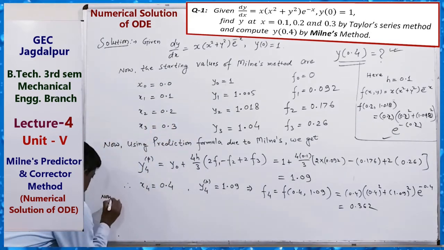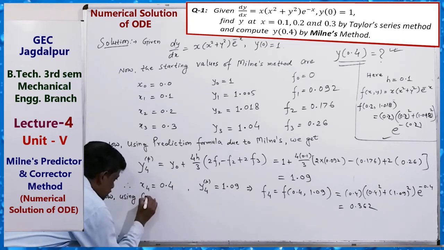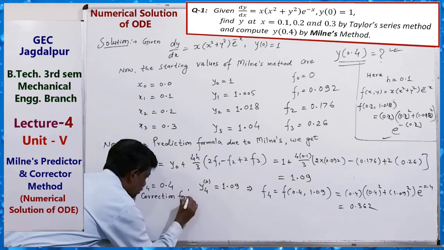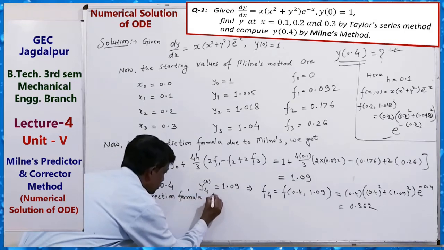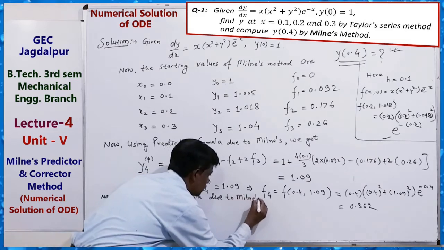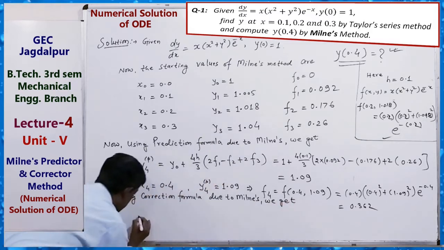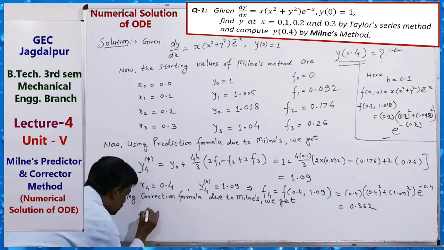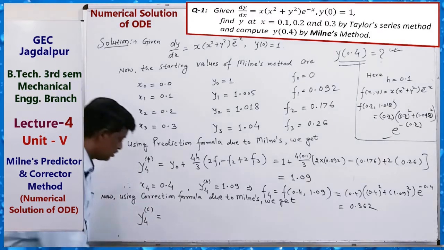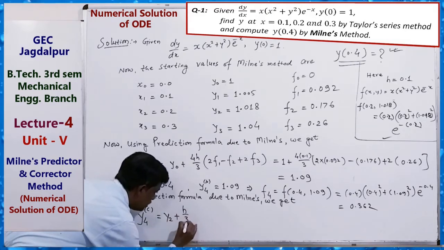Now using the correction formula due to Milne's, we get y4. We have to correct this value first time. First correction was y2 plus h by 3